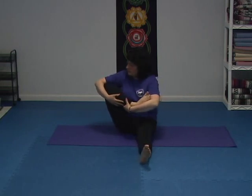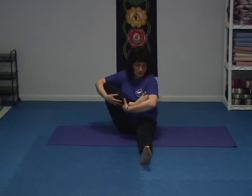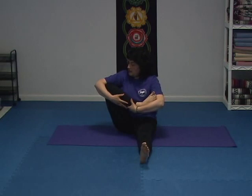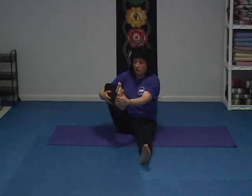And you'll feel the hips opening. Okay, now we're going to take the left hand and support the right foot on the outside. We're going to start off with the toes facing the nose. We're going to bring the right foot in the direction of the right shoulder, and then move it over to the direction of the left shoulder,